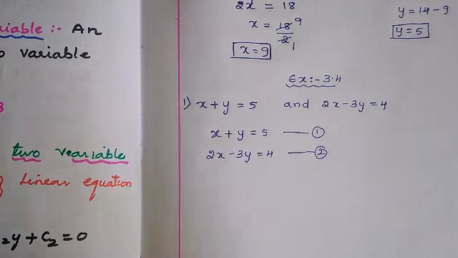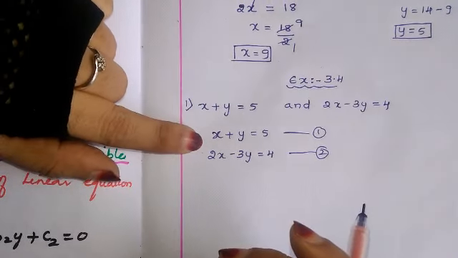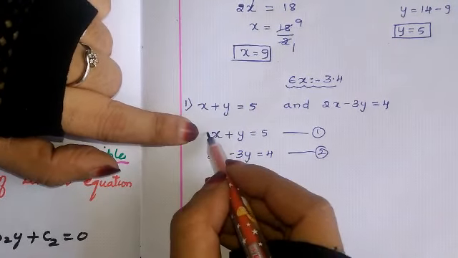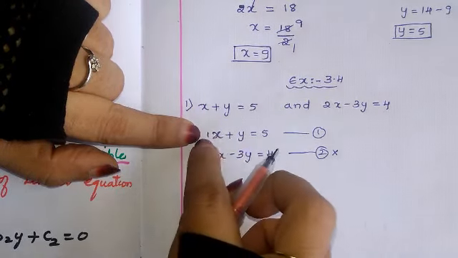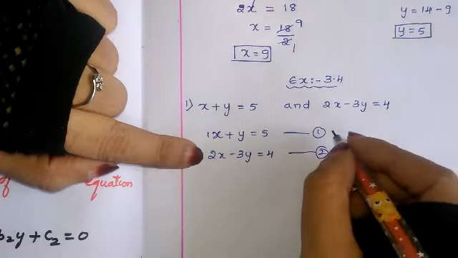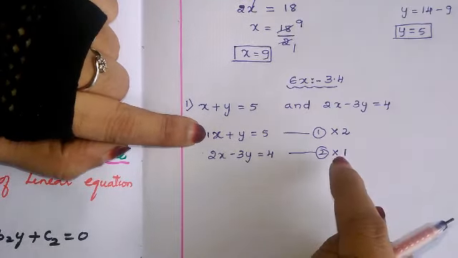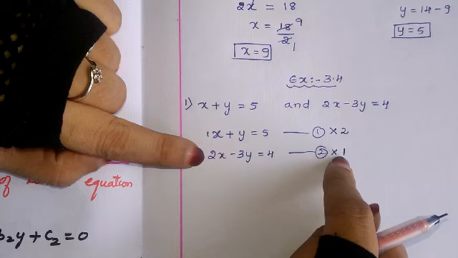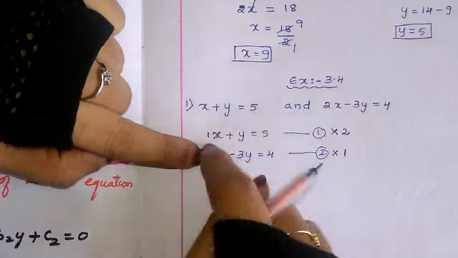To eliminate, cancellation is nothing but eliminating. To eliminate any one variable, what we have to do, you know, this nothing means 1. The first equation's first number we have to multiply to the second equation. The whole equation should be multiplied by this 1. And the second equation's first number, that is 2, we have to multiply to equation 1. So first equation coefficient we have to multiply to equation 2, and second equation coefficient we have to multiply to equation 1. Like cross we have to do.